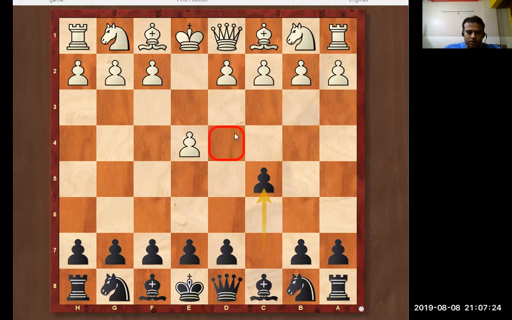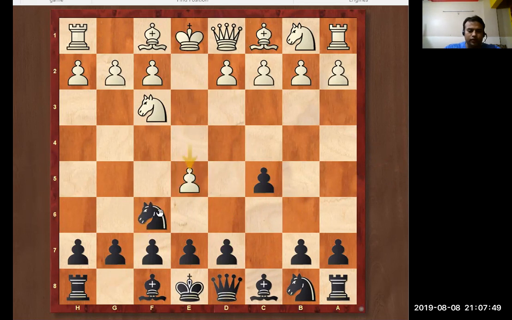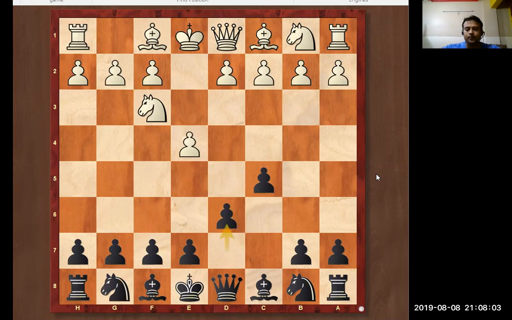Now white cannot push d4, because black is going to quickly capture this d4 pawn. So white will develop his minor piece, which is knight to f3. After knight f3, black in this position wanted to play knight f6. The problem with knight f6 is that if black plays knight f6, this white pawn will be pushed, and we would have to take our knight back to g8. To avoid this pawn push,